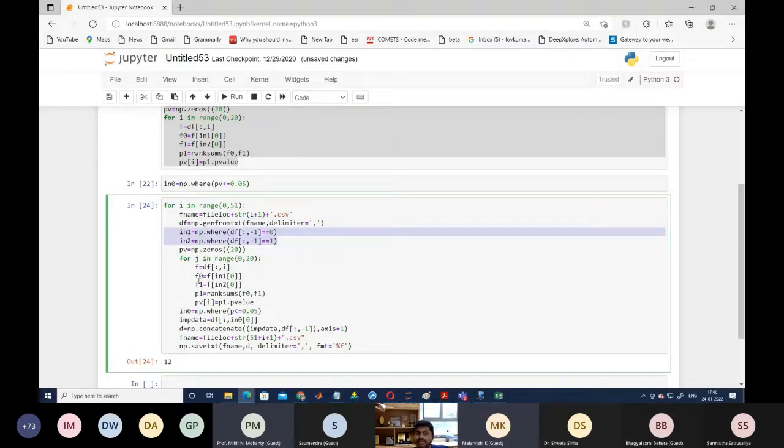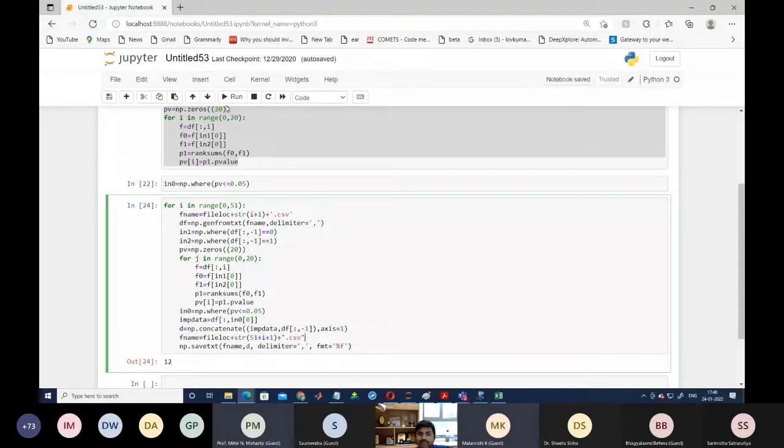Once we have this data, we are going to find the significant difference between the features. How do we find that this is an important feature? Because we are taking this p value. We have to write here p value is smaller than or equal to 0.05, which means this is an important feature. Then we are getting only the important features. We are going to remove the irrelevant features. We are taking only the important features, and then we are going to add the last column, because the last column contains whether the student is getting a job or not, and then we are saving this file with 52 to 102.